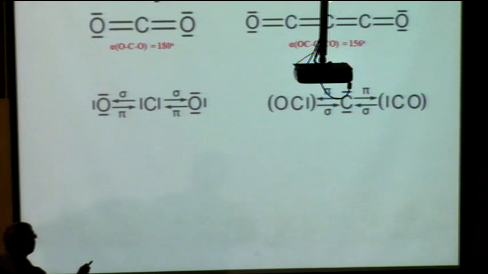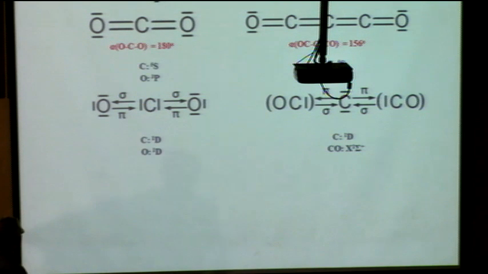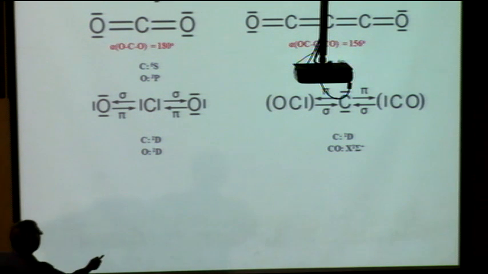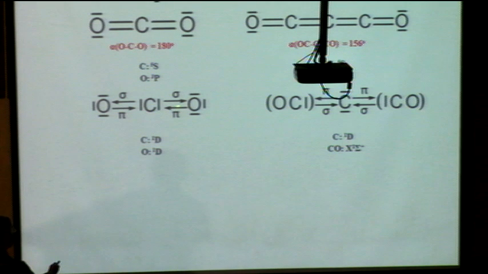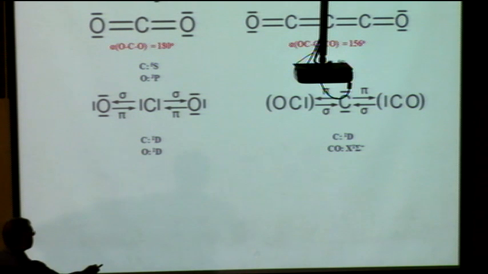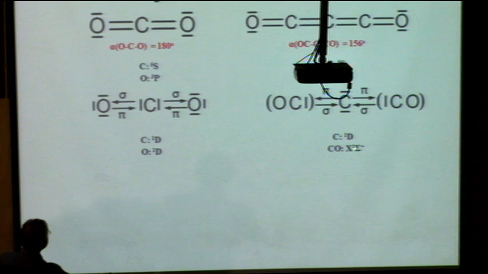Let's again make an energy balance of this. In order to form an electron sharing bond, this carbon atom has to have 4 unpaired electrons, so it must be the quintet S state, and oxygen the triplet pi. Here also the carbon is the quintet S state, and the CO ligands must be in the triplet pi state. If we go to the dative bond, this carbon would be a singlet D, and the oxygen also a singlet D. The carbon would be a singlet D, and the CO would be a singlet. This is the ground state, and also this is the ground state. All others are excited states.